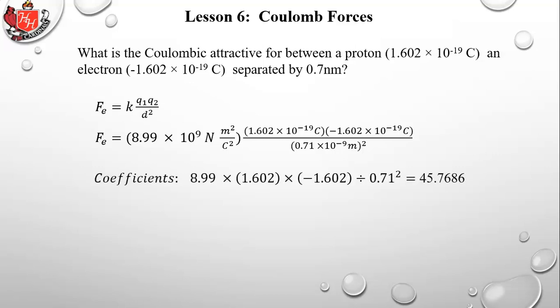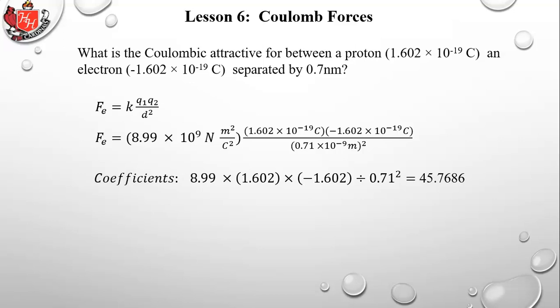So first you multiply all the coefficients. And so it's 8.99 times 1.602 times negative 1.602, and then you divide by 0.71, and you have to square that. A PEMDAS calculator will do things using order of operations. The PEMDAS will square the 0.71 first, and then it will do all the other operations. Another way to do a square like that is just divide by 0.71 and then divide by 0.71 again. That's the same as 0.71 squared. Anyway, that gives you 45.7686